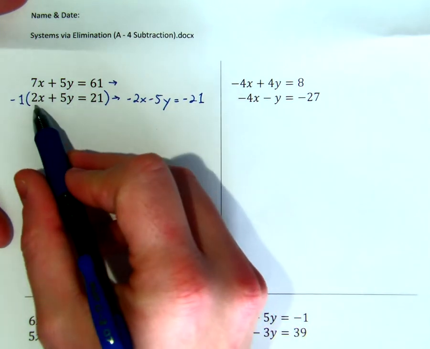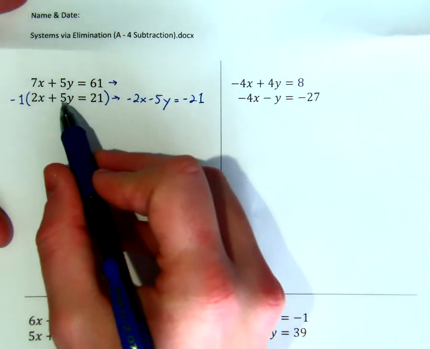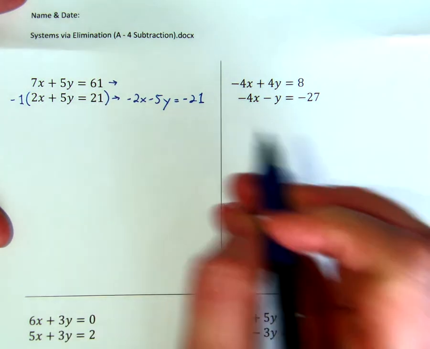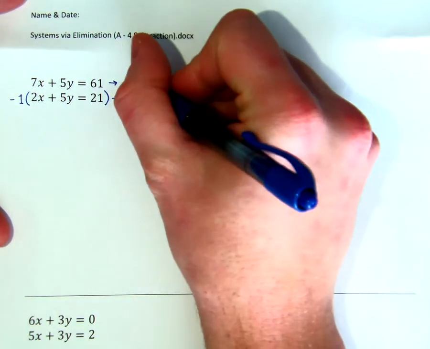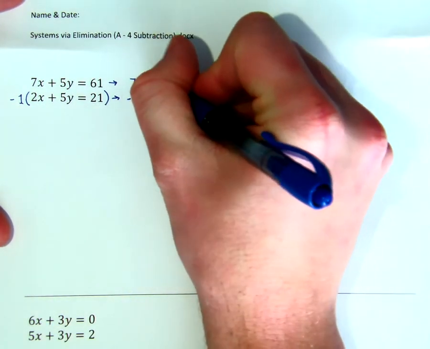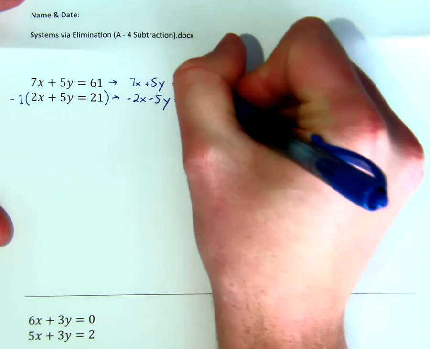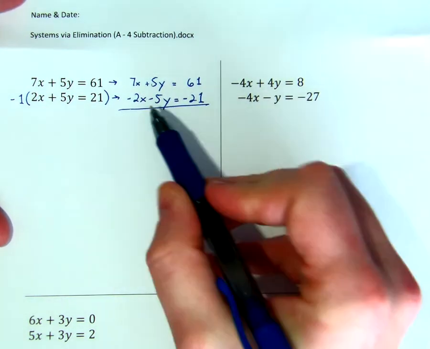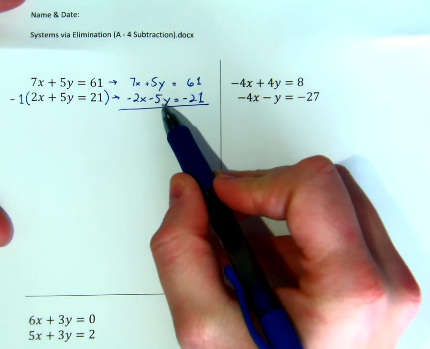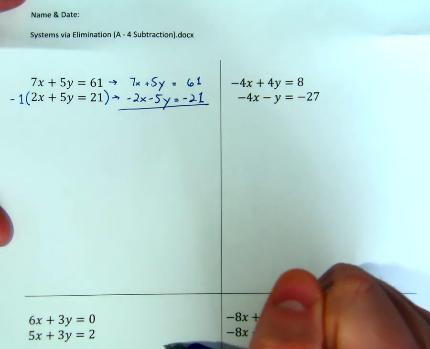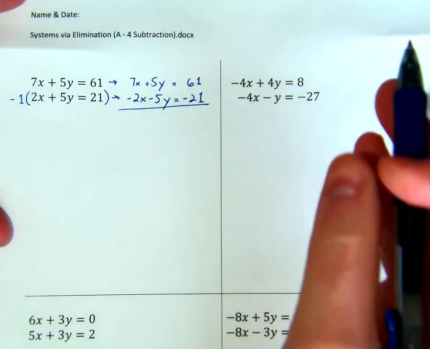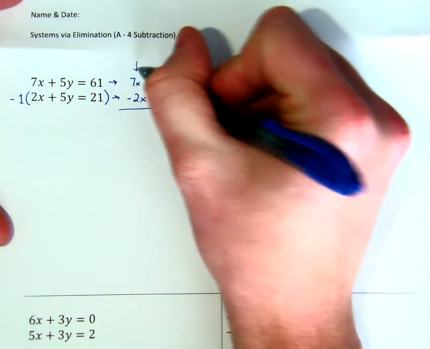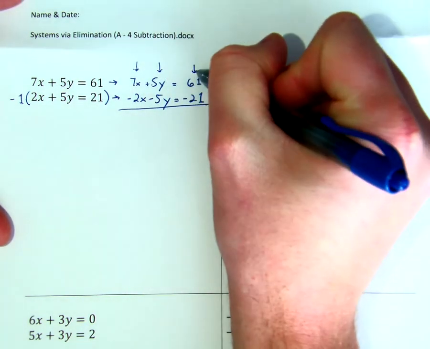I would change the positive 2x to a -2x, the positive 5y to a -5y, and the positive 21 to a -21. The top equation remains unchanged, so we'll just copy it down above the new equation. And now we're looking at an equation where the y's have the same number and the opposite sign, so they can be canceled out. When we combine these two equations together, remember we're going to move down each column to